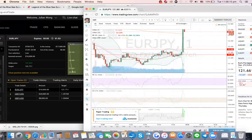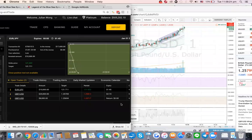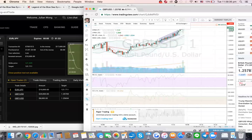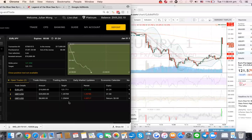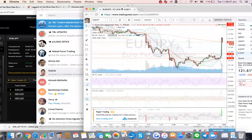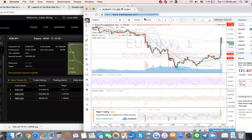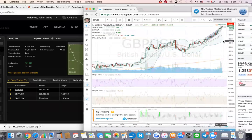We have some kind of crazy swing on the GU as well. I wonder what just happened that made it whipsaw. I mean, that's good because it gives us some movement that we can trade with. Real nice. You can use this one. As for this one,